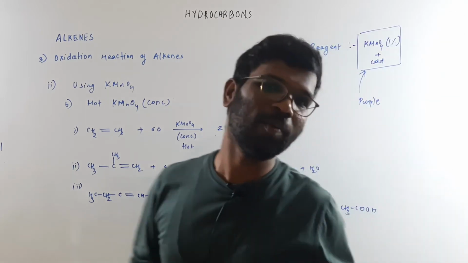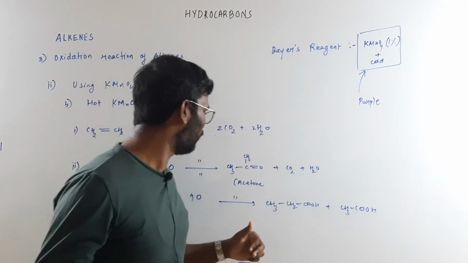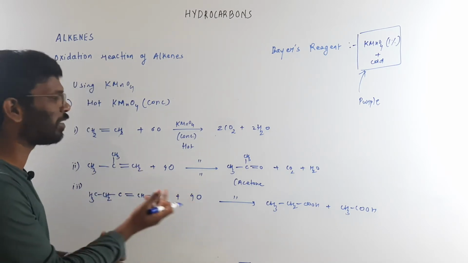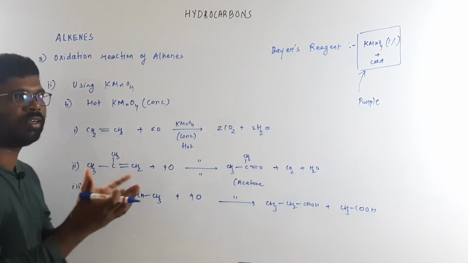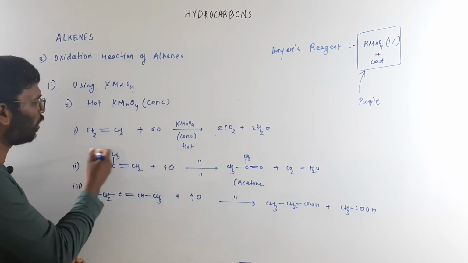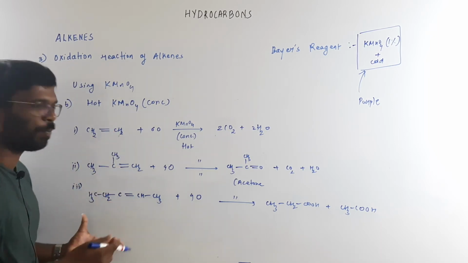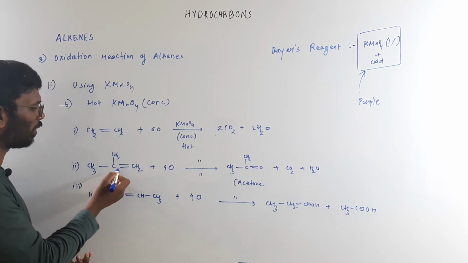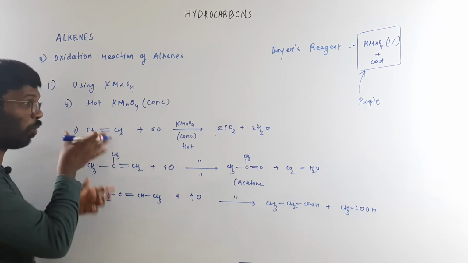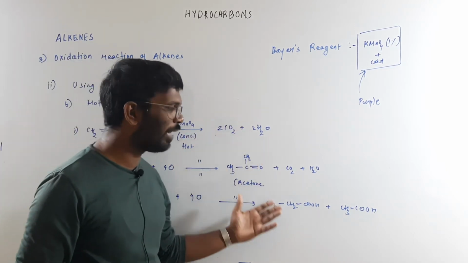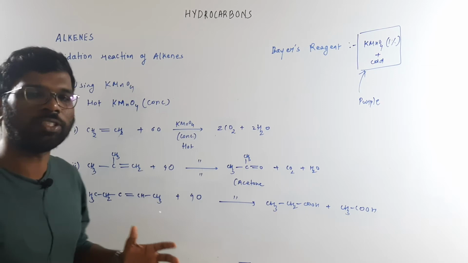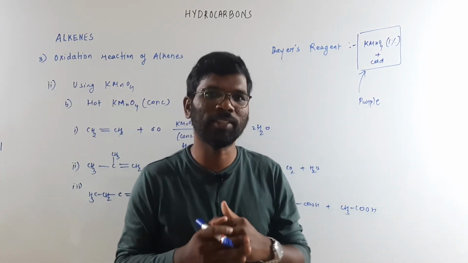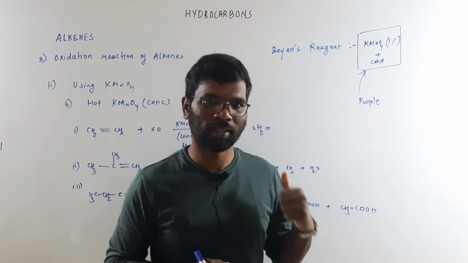Okay, the important thing about this reaction I forgot to tell you is that with this reaction we can understand the position of the double bond, like where the double bond is lying. At different types of the double bond, like here the double bond is lying at the second position, here the double bond is lying at the first position, here this is the only double bond. If that is the case, we are getting a different product. So on the basis of this we can identify the position of the double bond in the alkene, and this is the application of this reaction.